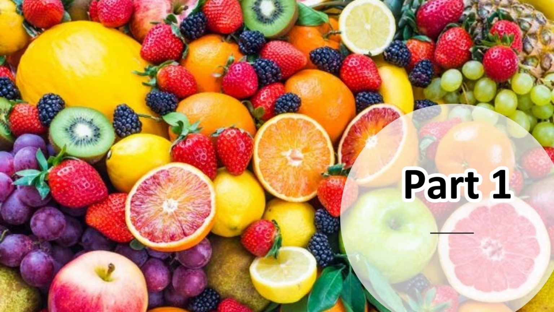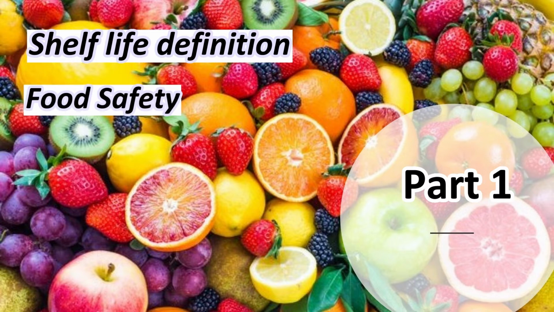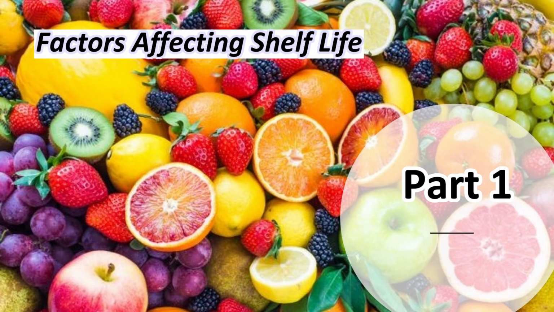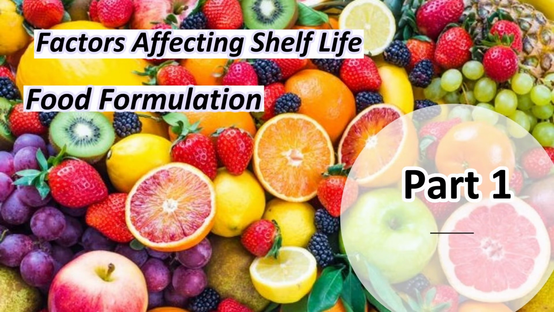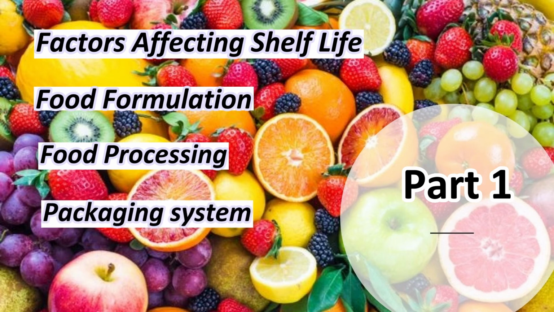In part 1, we learned the shelf life definitions. We shared the 3 main considerations of food shelf life, which are the safety of the food, the quality part, and the label declarations on the packaging. And there are 4 factors affecting shelf life: the food formulations, the food processing, the packaging systems, and the